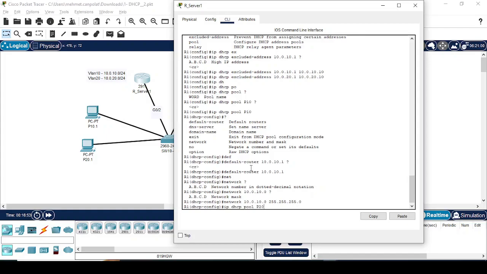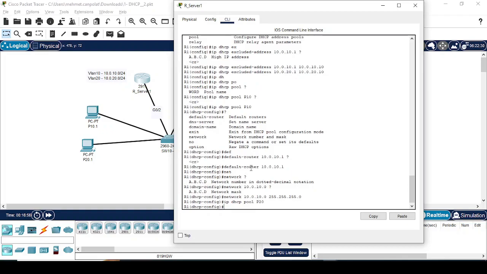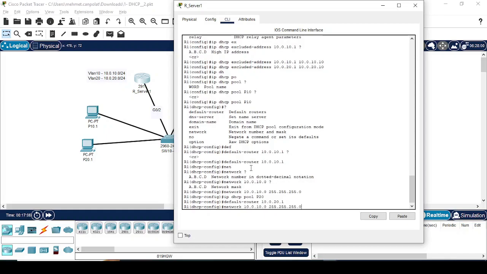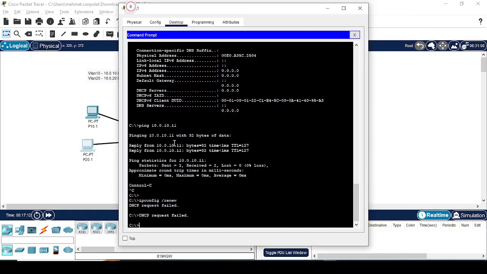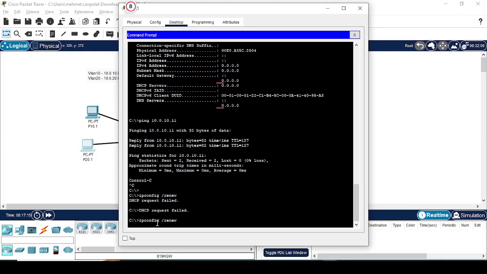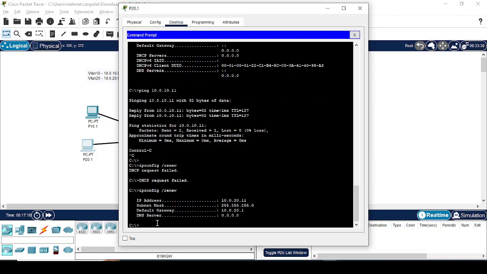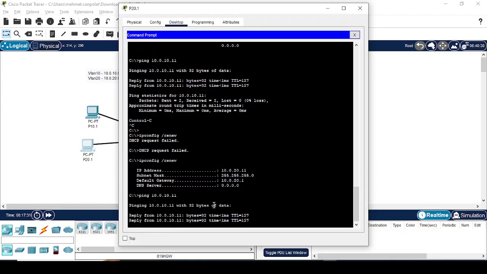Okay, now we will set up the VLAN 20 pool. IP DHCP pool P20. Then the network and default router. First default router, this is 20.1. Then the IP address of the pool. Okay, let's try. Renew. Good, it's not 110, it is 11. It's working. Great. We can do the ping tests if the default router is okay. Yes,